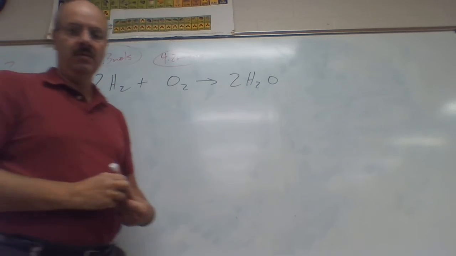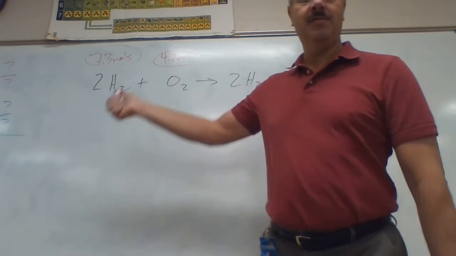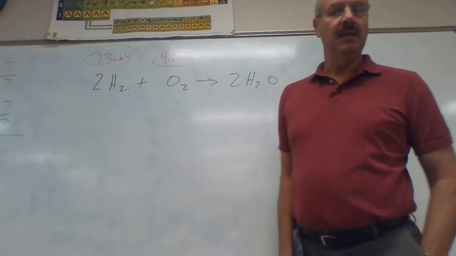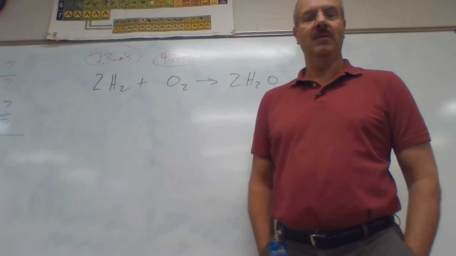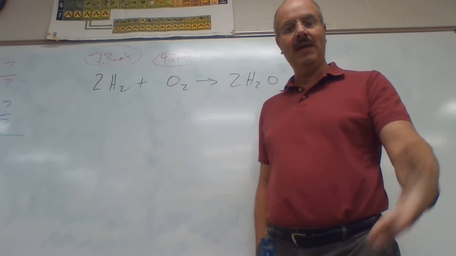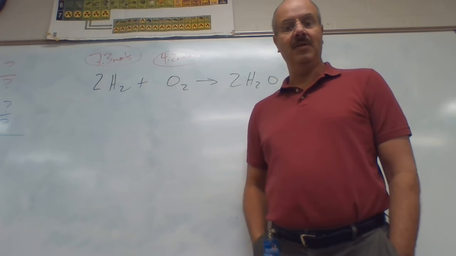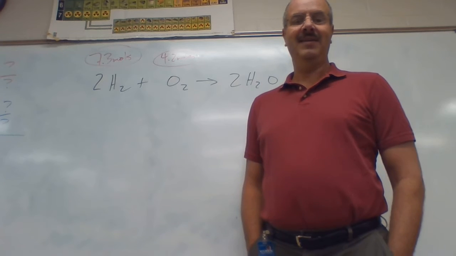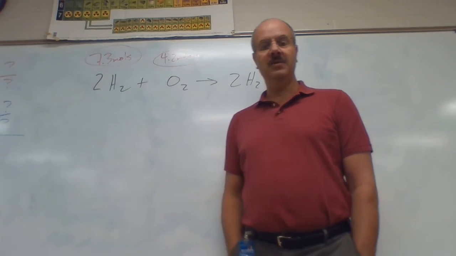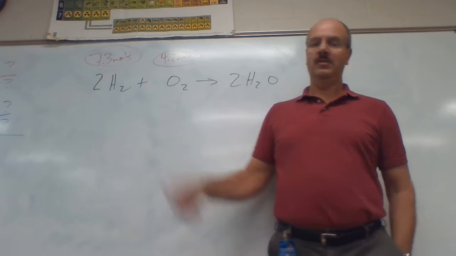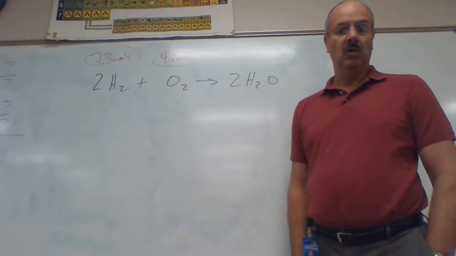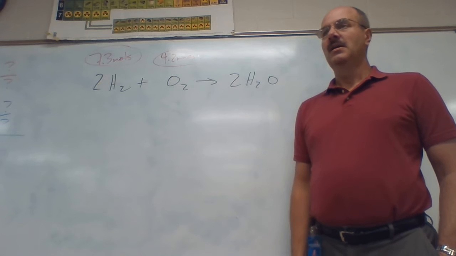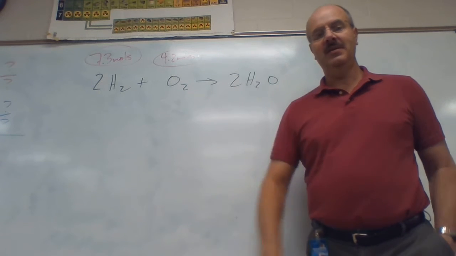Now wait a minute. There's no X in this. I've always written an X above one of them. Well, this time I got a number on both of them. That really makes it confusing because we don't have an X. Now, what we're trying to find out is what is the limiting reagent. In other words, which one of these two is going to control how much of this over here can be made? One way of looking at this is like going way back to the very beginning of this chapter,